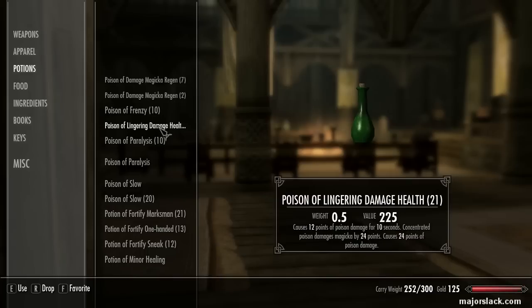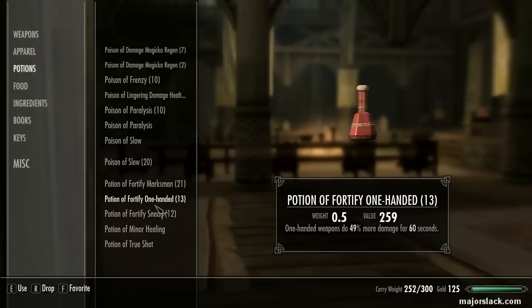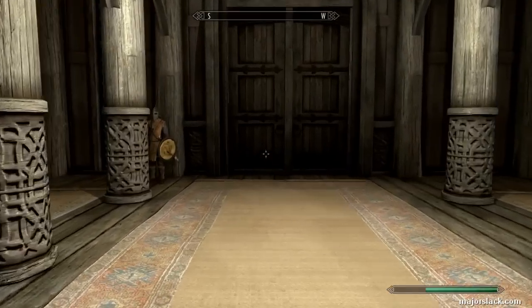There we go, Potions of Frenzy. This is the best one here. Poison of Lingering Damage Health. Paralysis Poisons. Poisons of Slow. Marksman. Fortify One-Handed. Sneak. We're rocking. We are rocking. Next video, we're going to take all these poisons into combat. For now,